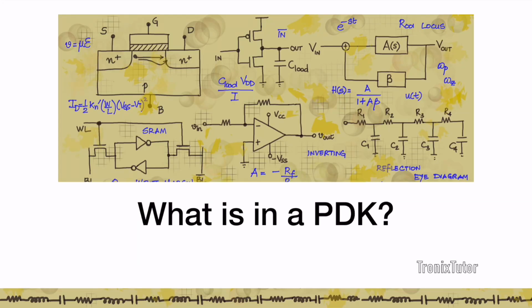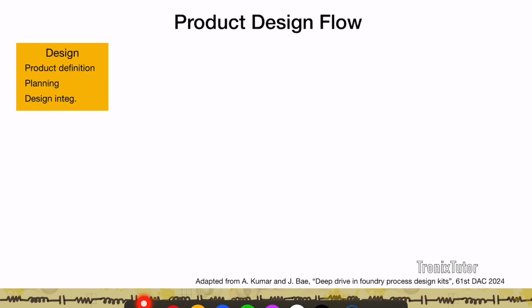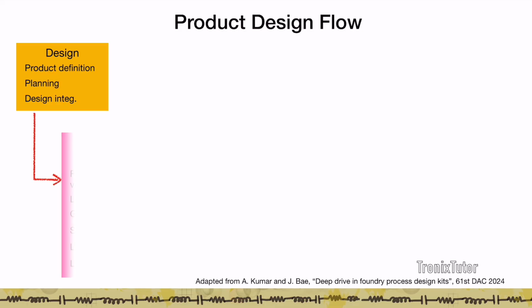Hello, in today's video, let's talk about a PDK, or a process development kit. Before we do that, let's revisit what a product design flow typically looks like. The design usually starts with a product definition, followed by planning, and then the actual synthesis of the design